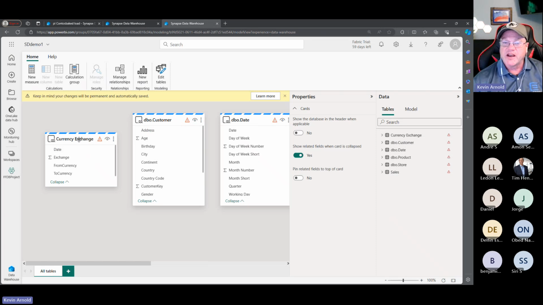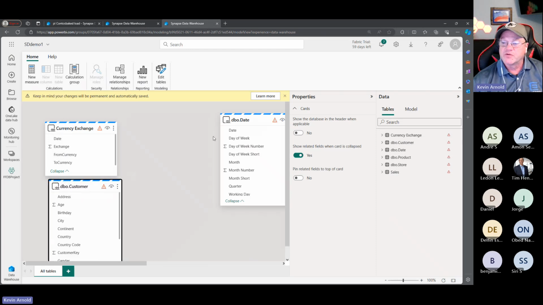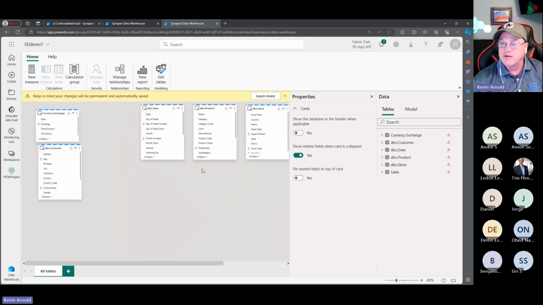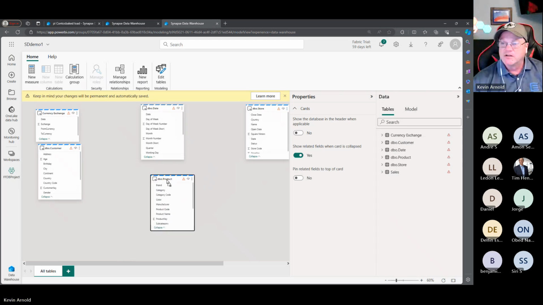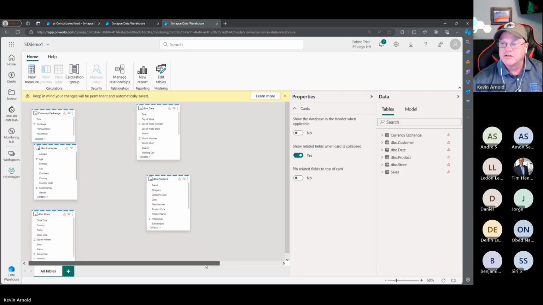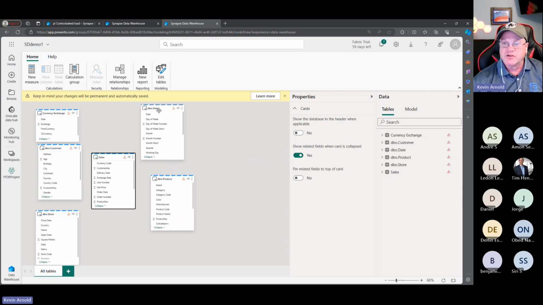And now you can see I have all of my objects that live within this workspace. So let me make this, I know you won't be able to see the objects a whole lot, the names, but let's just try to get this to be somewhat of what I'm hoping will become a star schema. So I got sales, right? What our normal Contoso looks like.